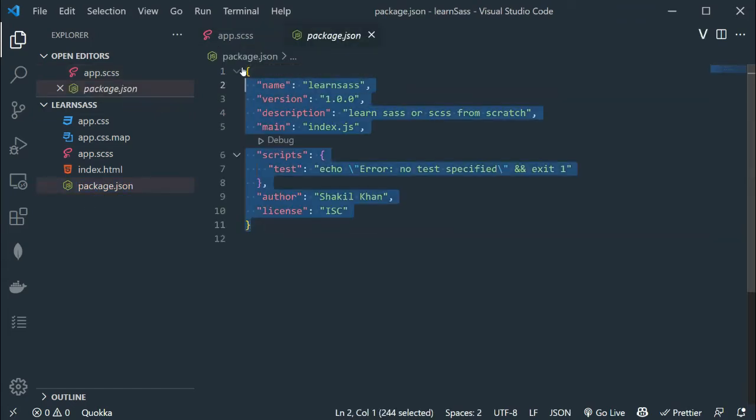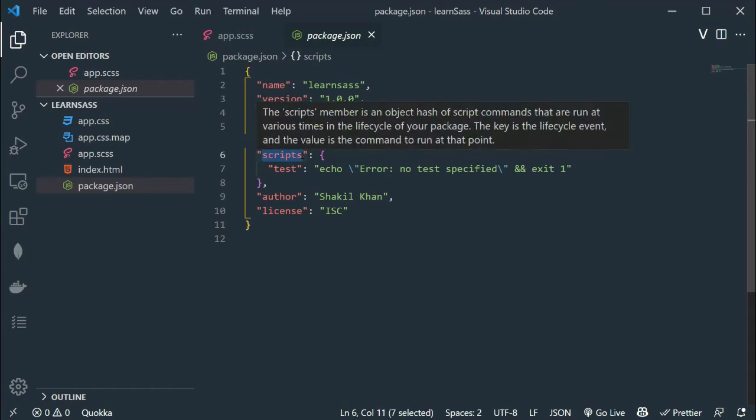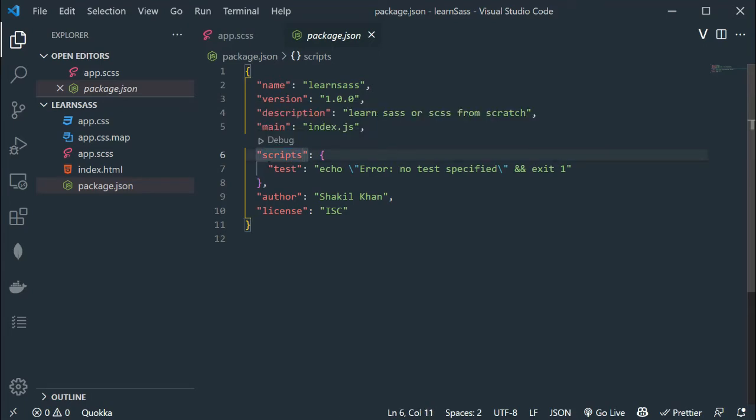As you can see, inside this file we have a JSON object. Inside this object we have scripts. We have the scripts key. Inside scripts we have test. We have the test key. So instead of test I am going to add compile-sass.